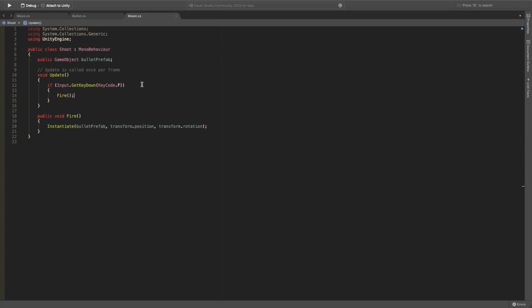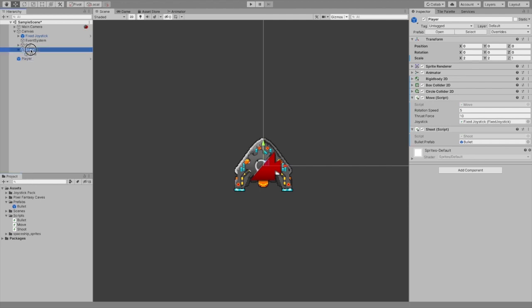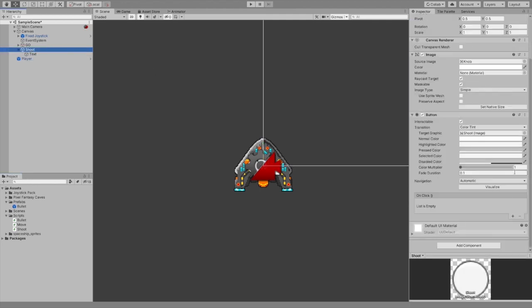So we can now go back to Unity, and under the player you will see we now need to connect the bullet prefab to this script. Let's select the prefab and drag it under the shoot script. So now we have a way to call the fire method from the keyboard, and we shouldn't forget the button on the screen. So let's select the shoot button, and